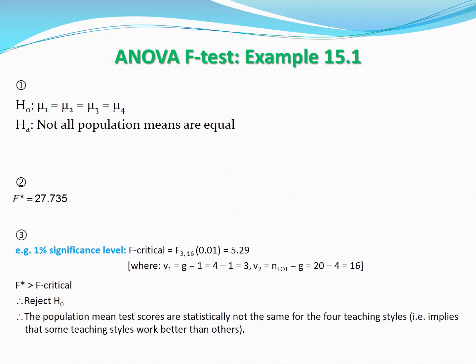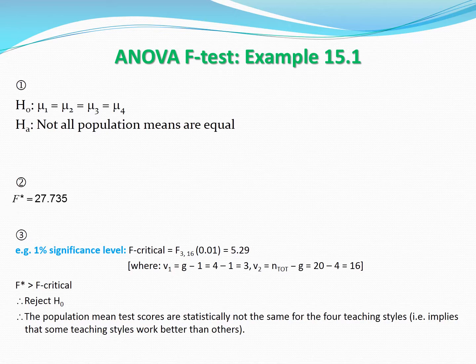Then in step 2, you write down your F statistic, which we read off from our ANOVA computer output. And let's say we test the hypothesis at a 1% significance level. Then you go to your 0.01 F table, and our treatment degrees of freedom was 3, and our error degrees of freedom was 16. So if you go to column 3, row 16 in the 1% F table, then you will see that your F critical value is